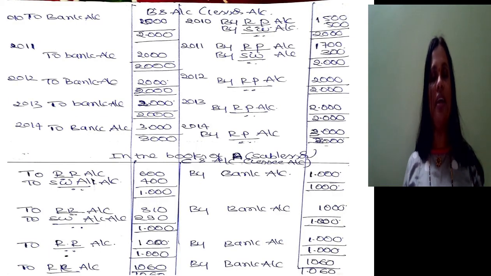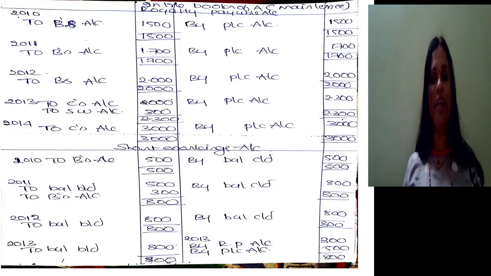In the first 2 years, as royalty is less than the minimum rent, the due entry is royalty payable account debit, short working account debit to lessor account. So 1500, 500. Now we should move to royalty payable: to B's account 1500, and in the short working account to B's account 500. The royalty payable account should be closed by transferring it to the profit and loss account. The short working account should be carried forward, because the balance in short working should be carried forward as there are 4 years to recoup it. So by balance carried down 500.